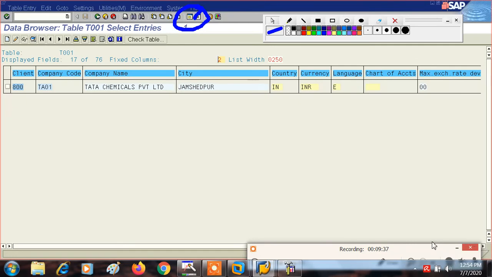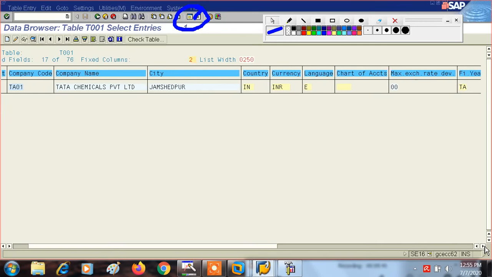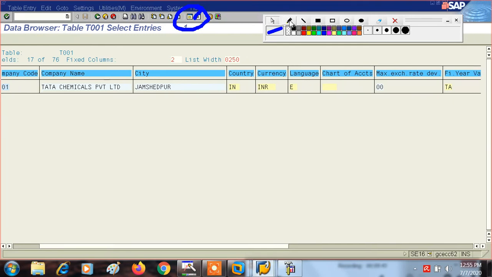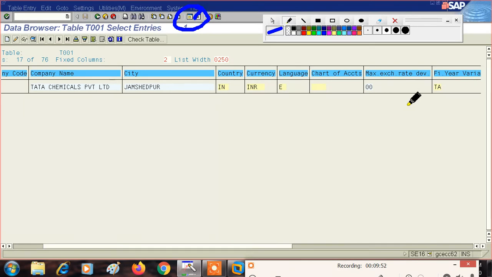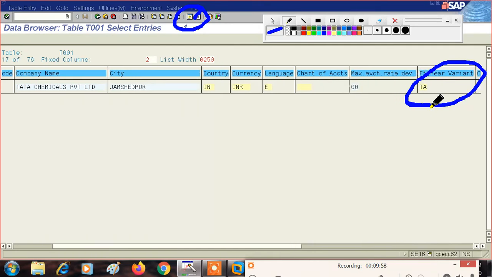Now let's scroll it. See here, you can see our fiscal year, in the field of fiscal year variant, TA has been updated.